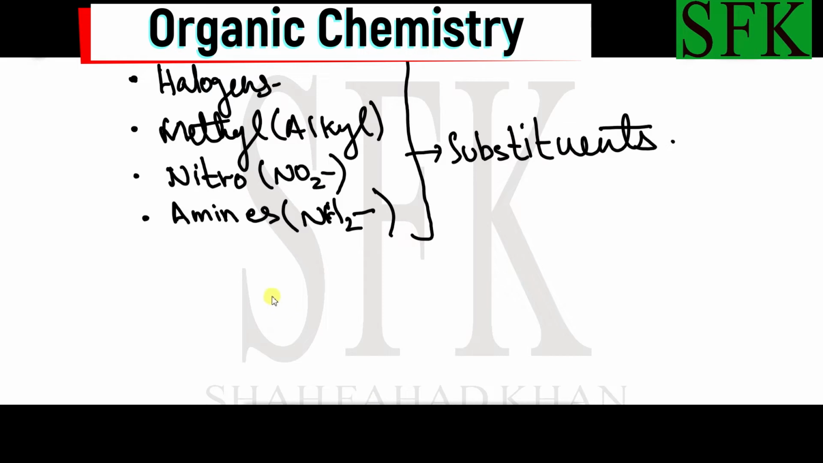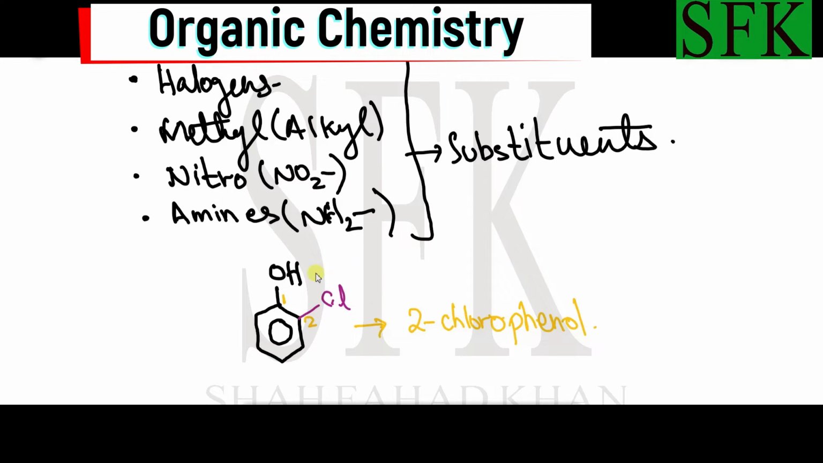Now let's see how we are going to name them. For example, I have chlorine attached to a phenol. This is our phenol, OH, and the chlorine atom is at the second carbon. This is the first carbon and this is the second carbon. The name becomes 2-chlorophenol. And if it were a bromine atom over here, then it would have become 2-bromophenol, 2-iodophenol,